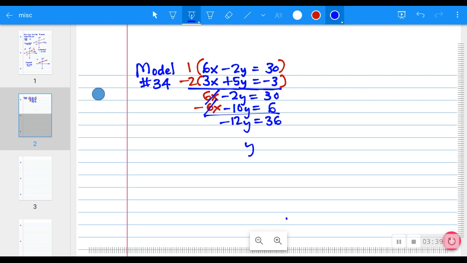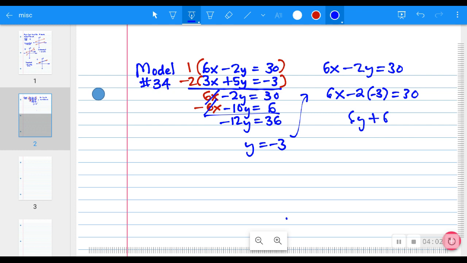And dividing by negative 12 gets us the first answer, which then we plug into the original first equation up here. It actually works to plug it in either one. But if we put it in the y value here, we end up with 6y plus 6 equals 30. Subtracting 6 gets us 6y equals 24, and that tells us y equals 4. So our answer in point format is 4 for the x, negative 3 for the y. And that takes us through those two